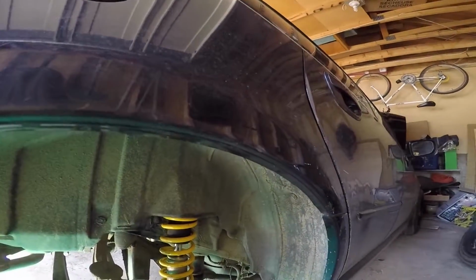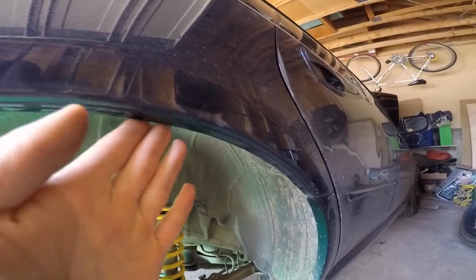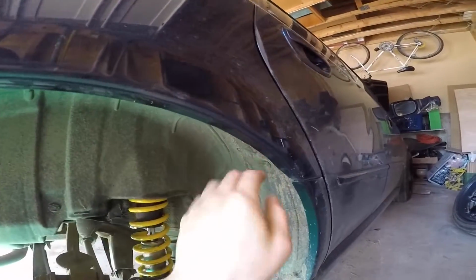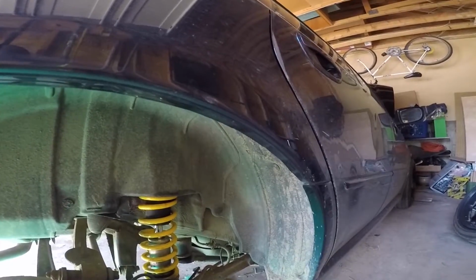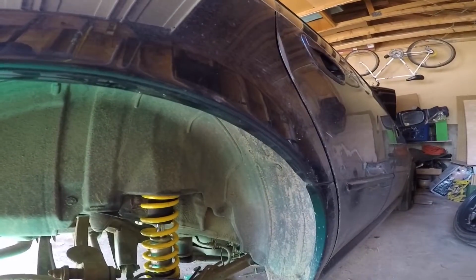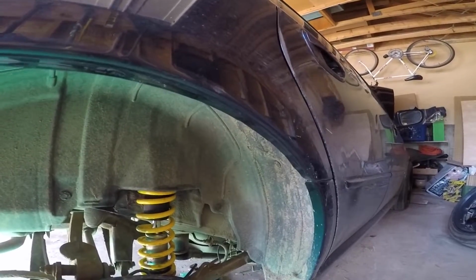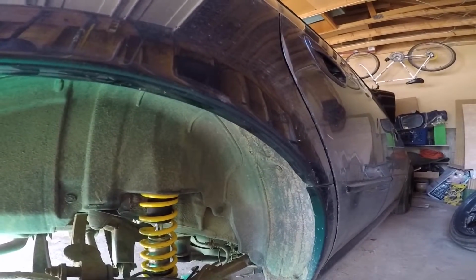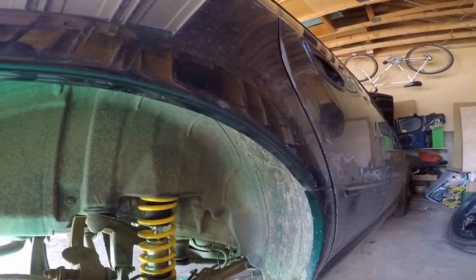So I'm gonna be rolling this rear fender for demonstration purposes. You wanna use the heat gun to heat the paint on the edge of this lip and also on the outside as well too. That way, you're basically warming up the paint and you're gonna allow it to stretch a bit more. Sometimes if you do this on a really cold surface, your paint will actually crack, and that's no fun